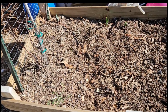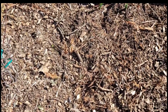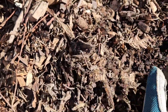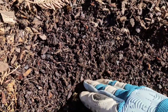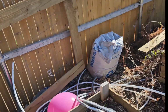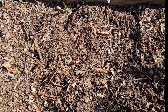I've just uncovered this bed. It had been covered with the Christmas tree trimmings. You can still see some of the smaller ones hanging out here. So I'm gonna push all of this aside to get to the soil here. I'm gonna do a soil test to see if this soil is more acidic than that soil over there. So I'm gonna see if covering it over winter with pine needles made a difference in the acidity of the